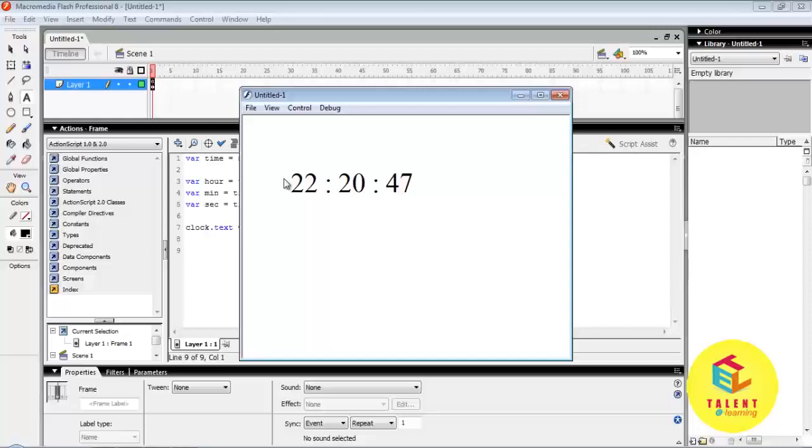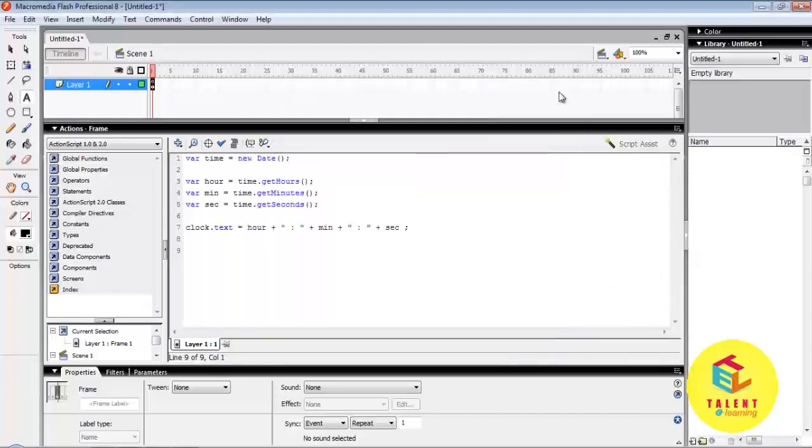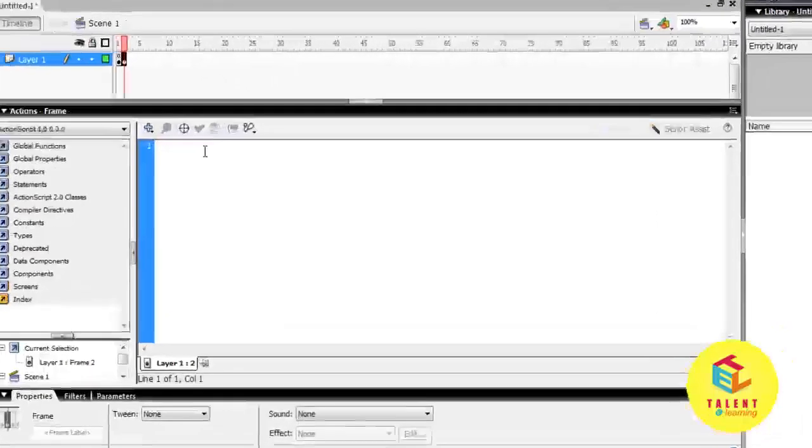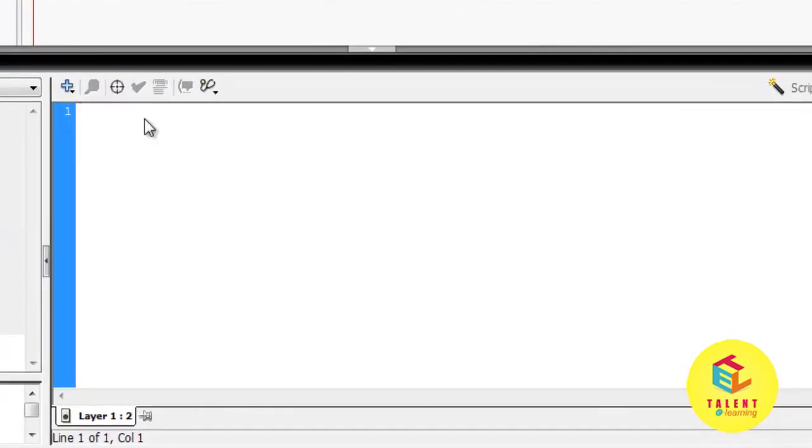For that, we will create a second keyframe and in its ActionScript we will write gotoAndPlay frame 1. Select frame 2, select insert keyframe. In the Action panel write gotoAndPlay(1);